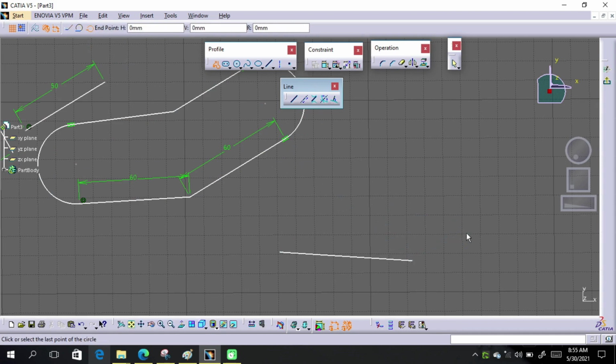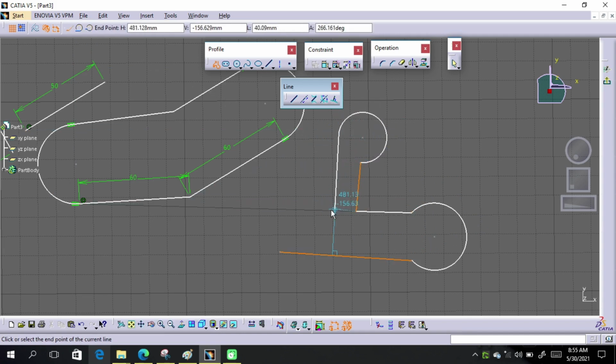Through this option you can create this kind of arc. I hope you understand all options related to profile tool and line tool.